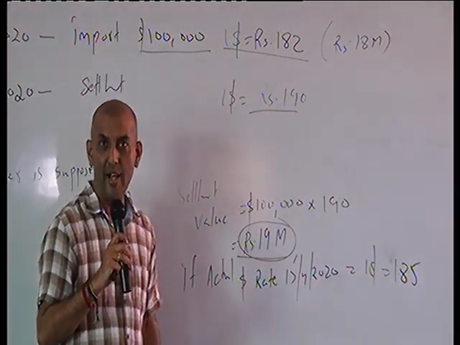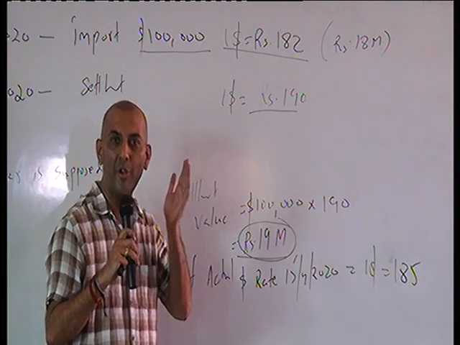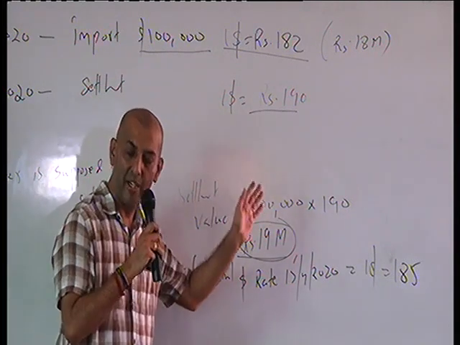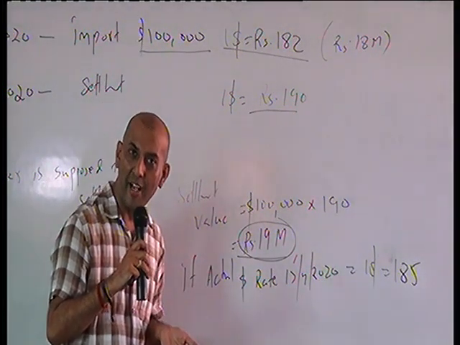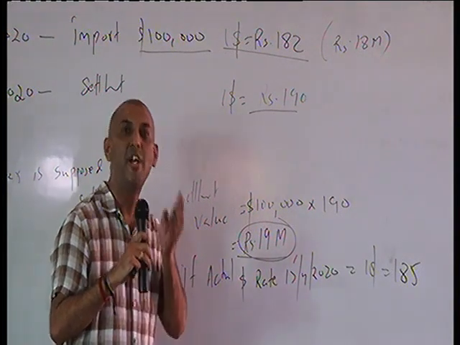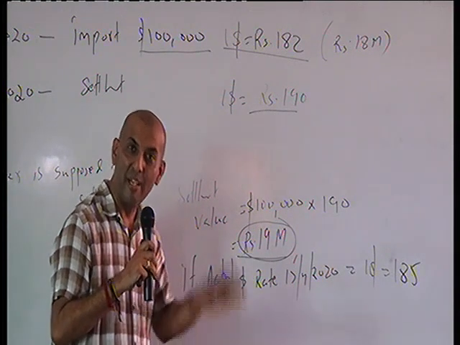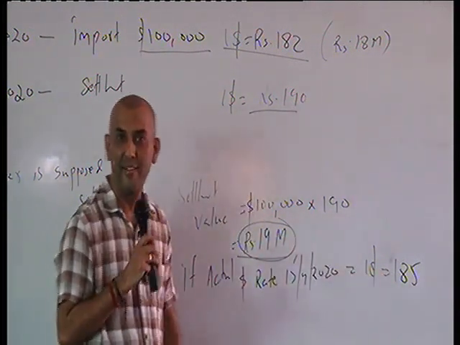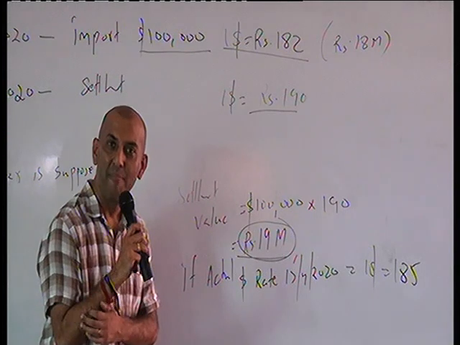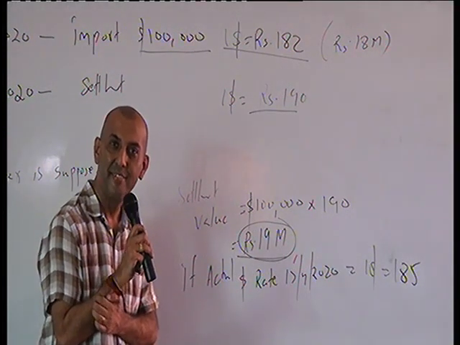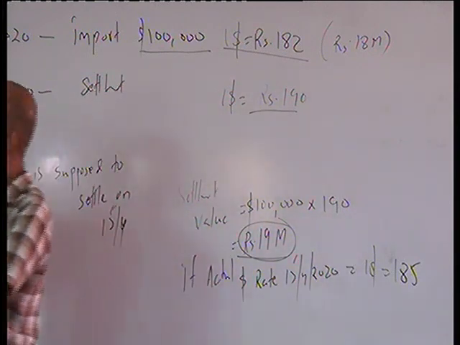Now tell me, are you at an advantage by going with the market, or are you at an advantage by exercising the binding contract? If you exercise the binding contract, your cost of the settlement is 19 million. If you are going by the market, your cost is 18.5 million. You are cheaper. Which one can you go for? Market or the contract? The answer is contract. Why? It is what?